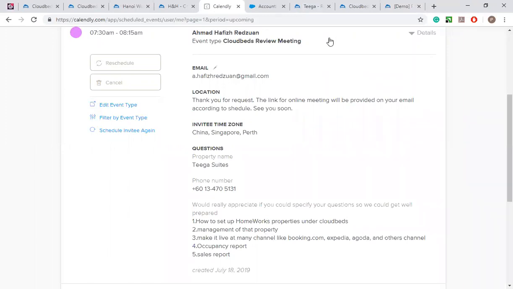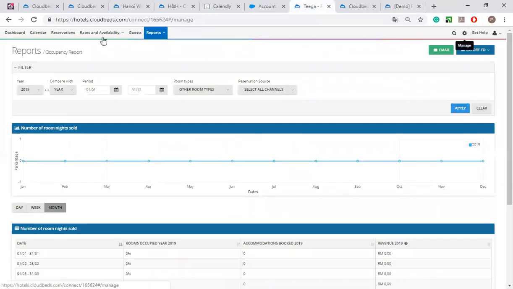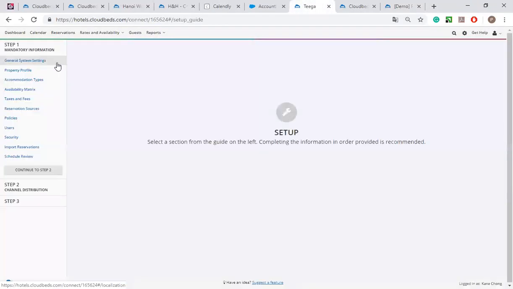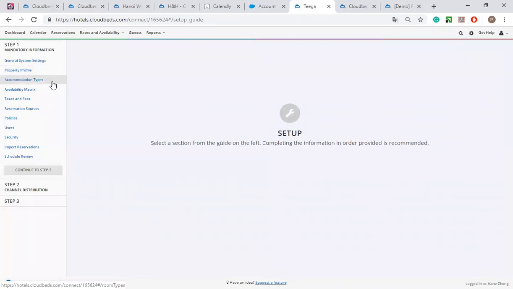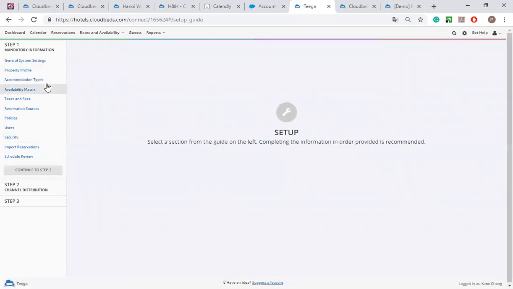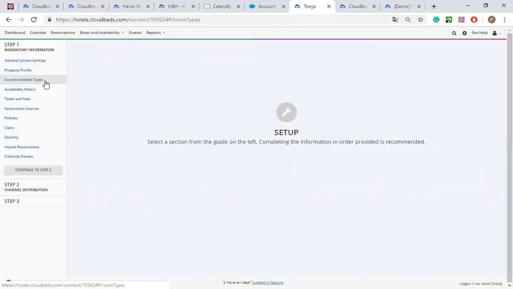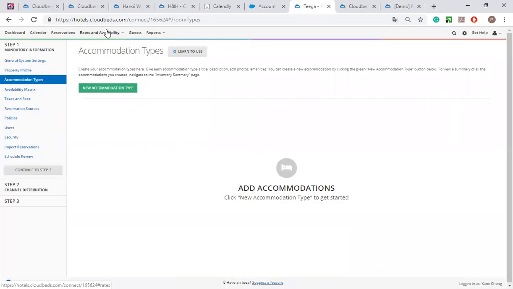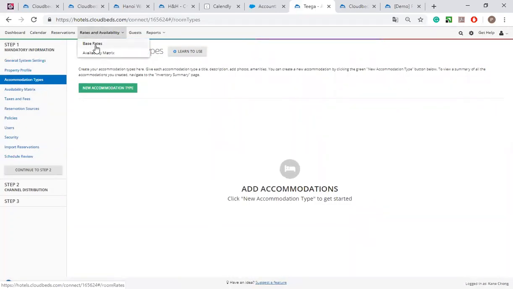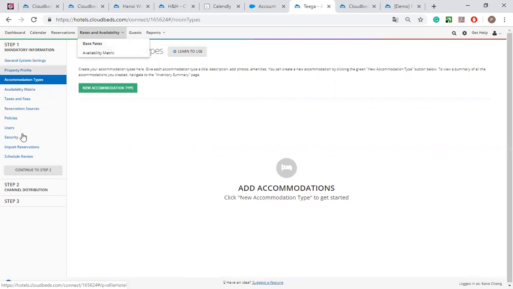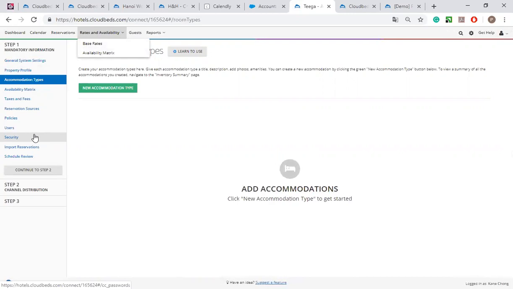Yes, in order to make it public, first of all, we need to confirm step one, which is right here. As previously mentioned, you need all the mandatory information. Everything is mandatory here, but for channel connection the most mandatory are accommodation types, base rates, and future reservations. You can create them here. Once you create at least accommodation types and base rates,